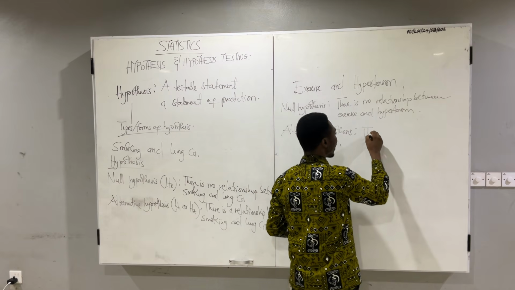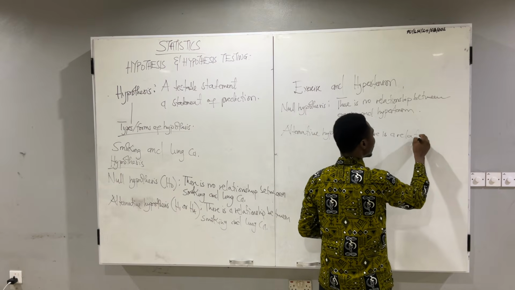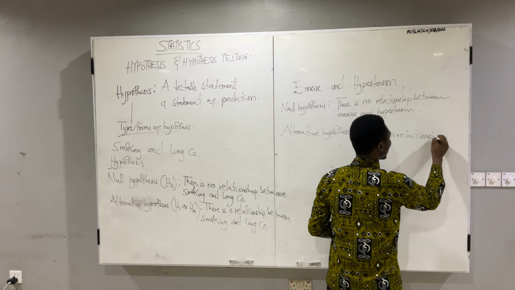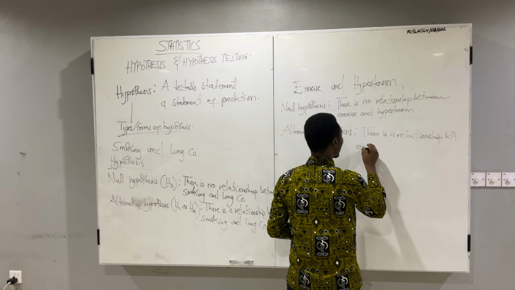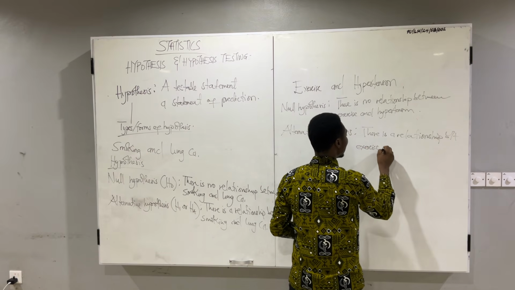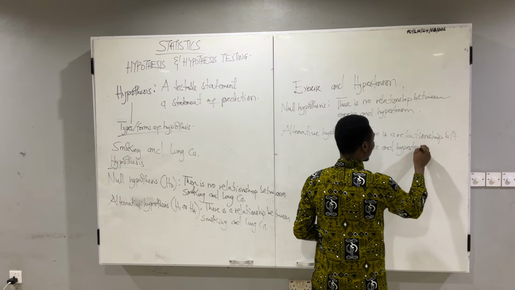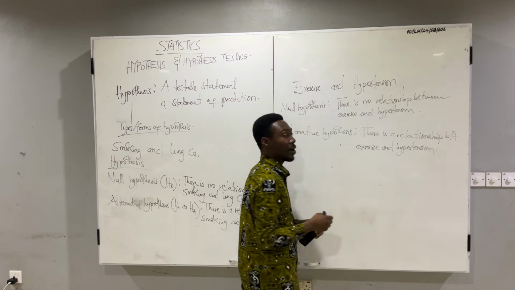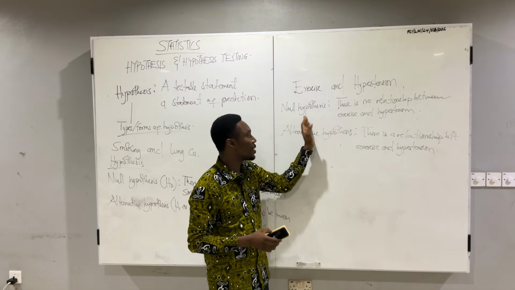There is a relationship between exercise and hypertension. Is that okay? So when we give you two variables, the null hypothesis, you are just going to write that